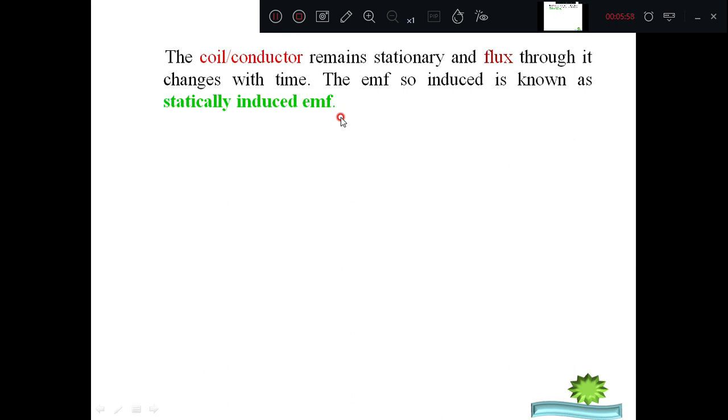The voltage is induced by converting mechanical energy, in the form of a twist you are giving to the rotor, that is the field. Then the field cuts the stationary conductors, and there is an induced voltage in the stationary armature conductors. That is why it is called statically induced voltage.